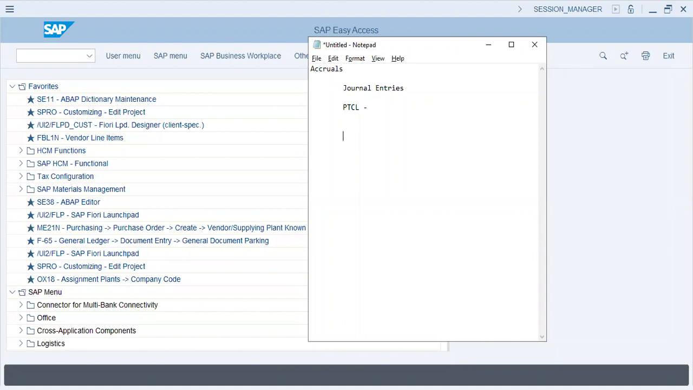Accruals, how to configure and calculate accruals in SAP. Now let's first discuss the journal entries. The journal entries are quite simple, but there is an added layer of entry. Let's say PTCL is charging you for the internet and it is for